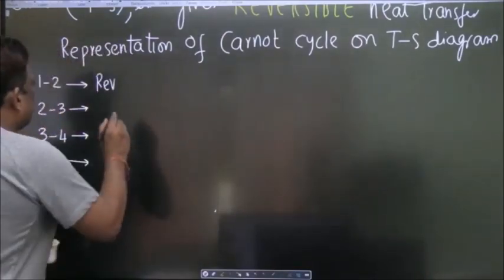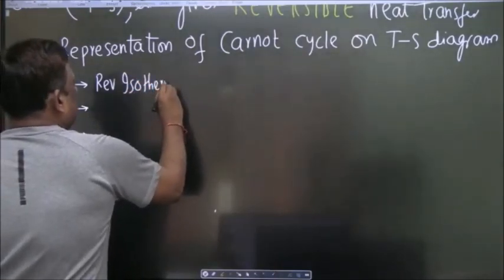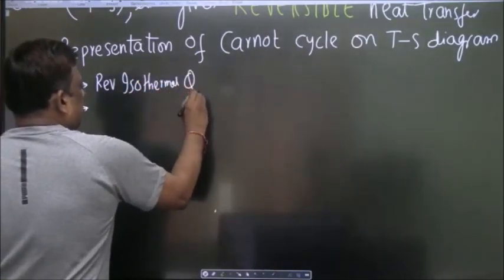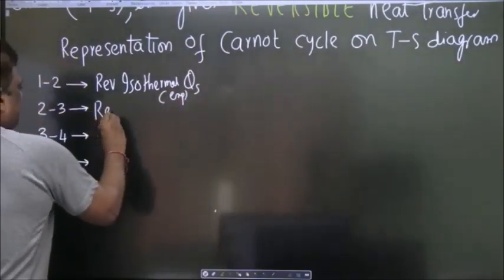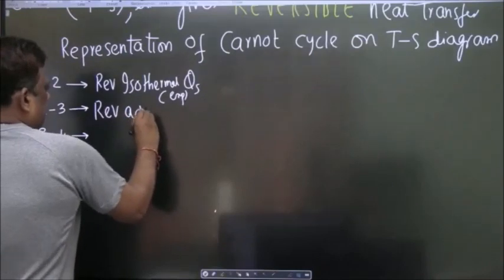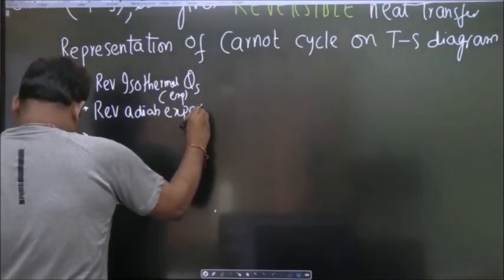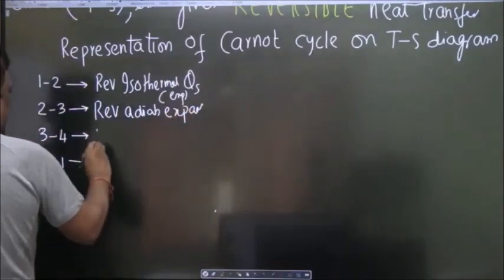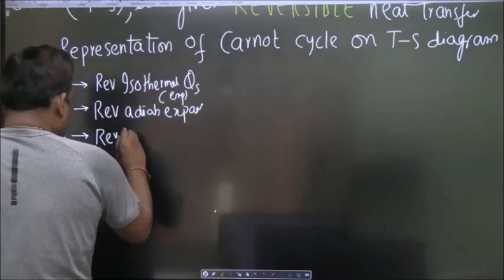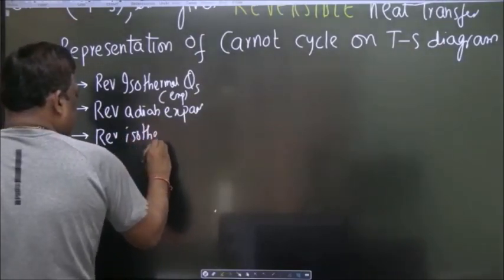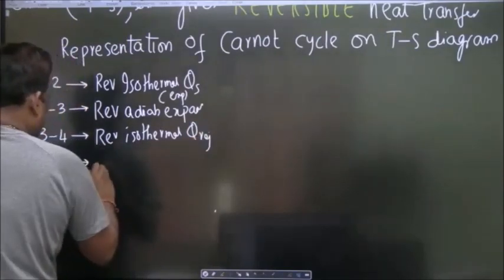So, reversible isothermal heat supply or expansion, then reversible adiabatic expansion, then reversible isothermal heat rejection, and